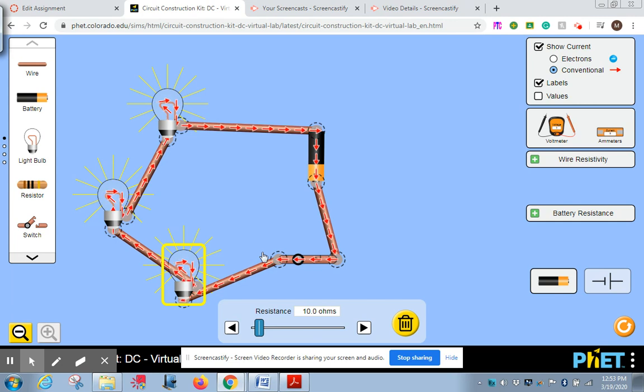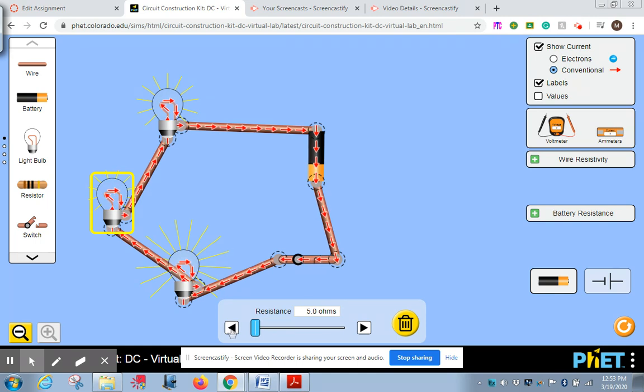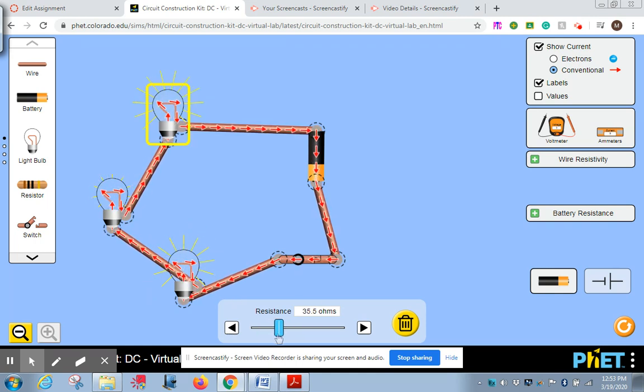So the current will be the same for each bulb. But if I change the resistance, like let's make this one 25 ohms, we'll try to reduce this one to, let's say, 5 ohms. And we'll make this one like,